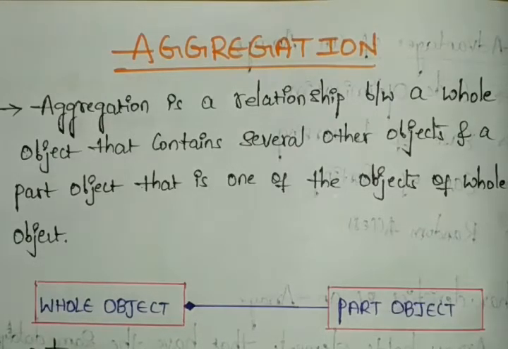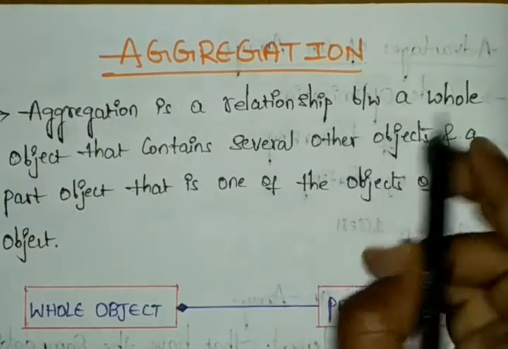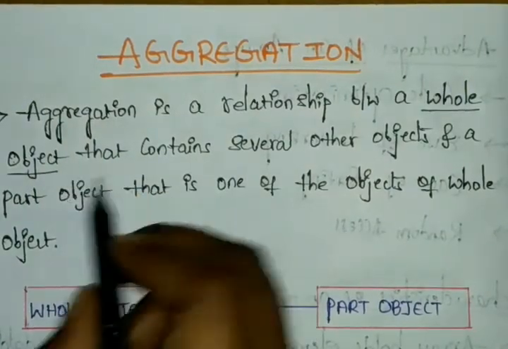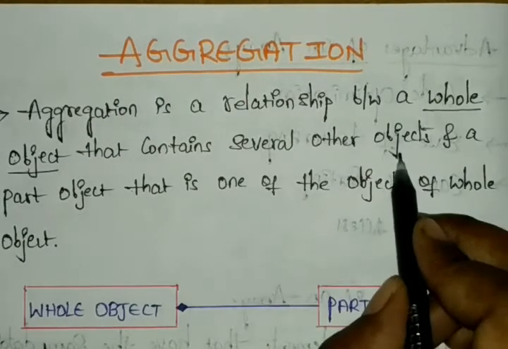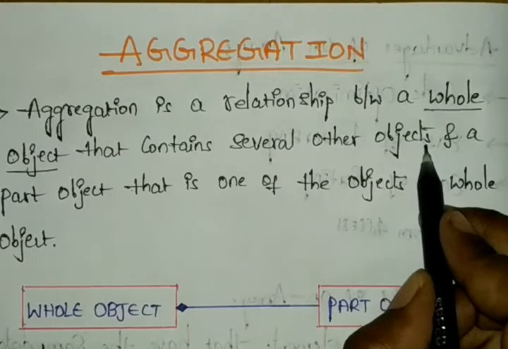Aggregation is the association between two objects, and those objects correspond to a whole relationship, or else a part-of relationship, which we can call aggregation. The aggregation has a relationship with the whole object, and this whole object has several other objects. So the entire object has several other objects, each of which we can call a part of our whole object, right?